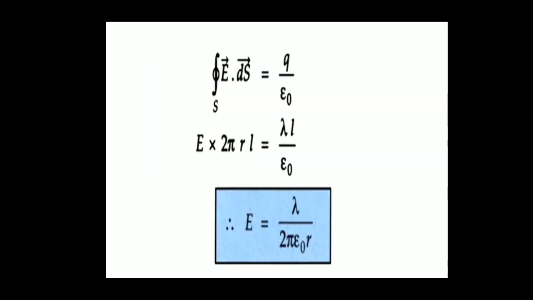So for A and B it is 0. The leftover is integral E into integral ds. Integral ds we have already studied in the previous one, it is 2 pi r l. The next step is applying Gauss law, closed integral E dot ds equal to q by epsilon naught. It is a linear charge distribution, so q is equal to lambda into L. L and L will get cancelled. So this is the expression for electric field. I hope you are clear.